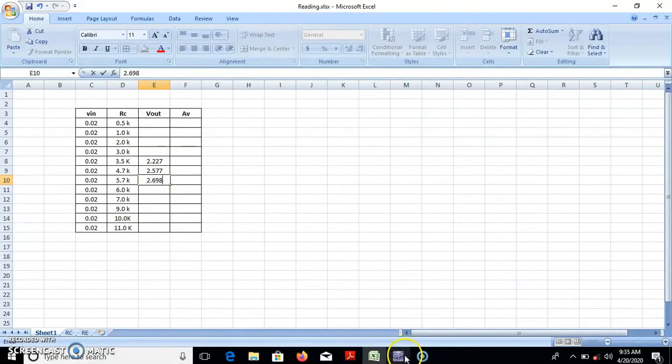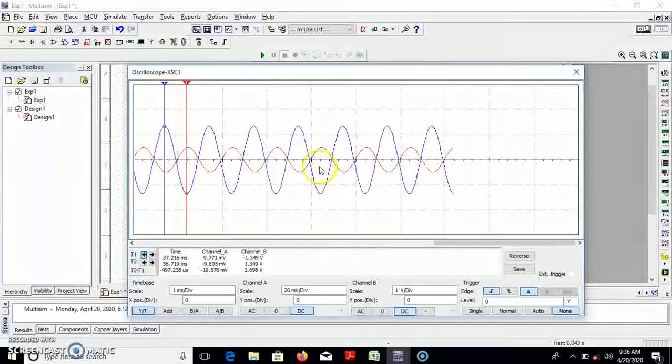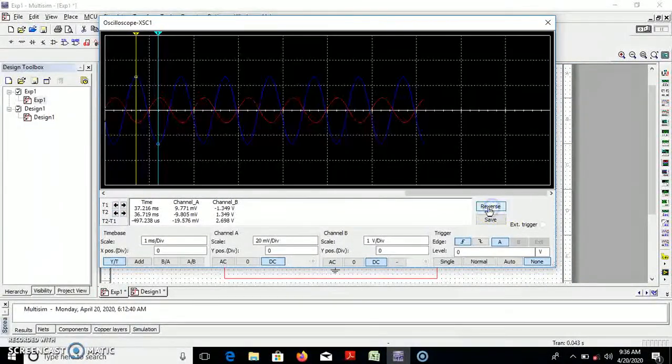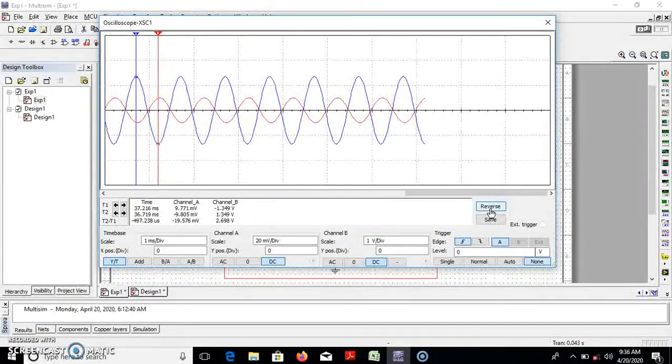Similar procedures you can follow to note down the value of Vout. You are able to change the view of this window. If you reverse this one, it will show a black color window, right? And once you press it again, it will show a white color window. You are able to change the scale of channel A and channel B by clicking on this one.